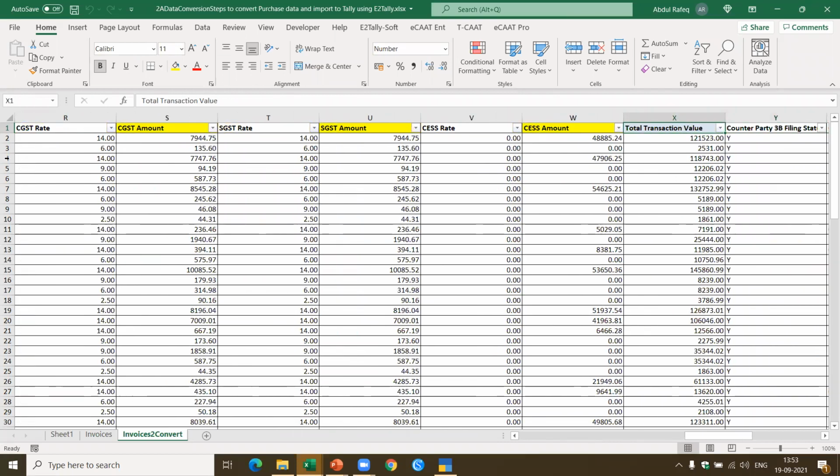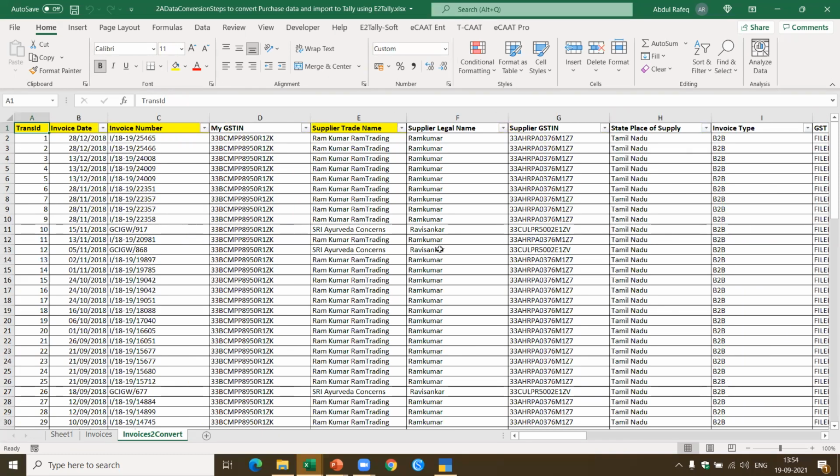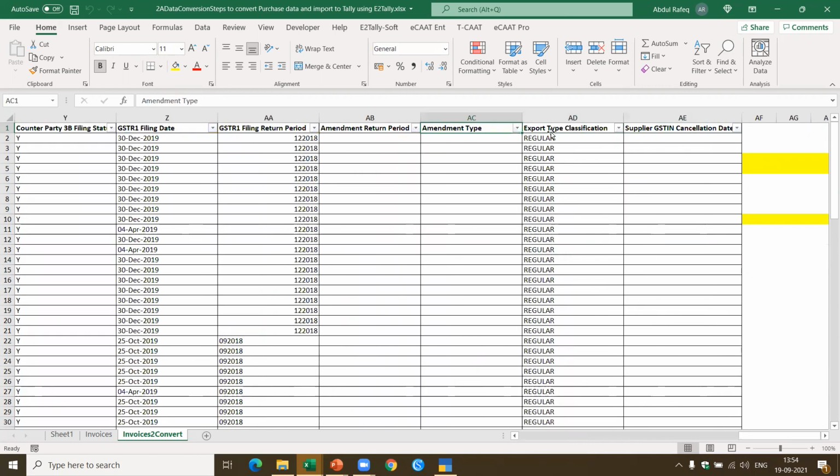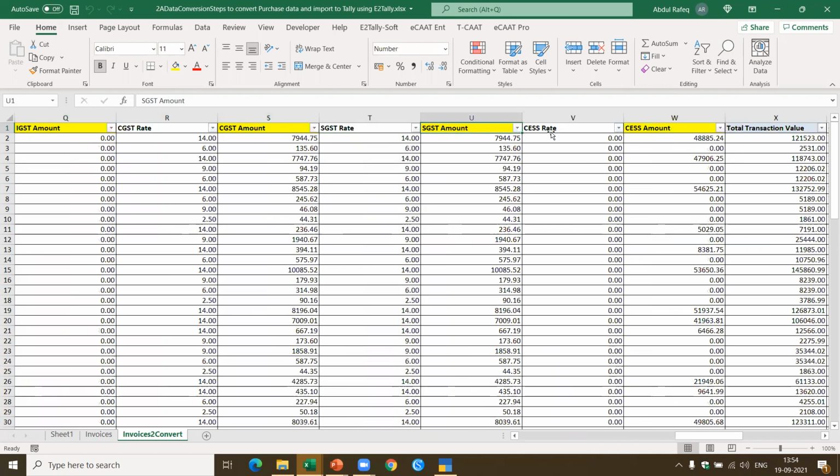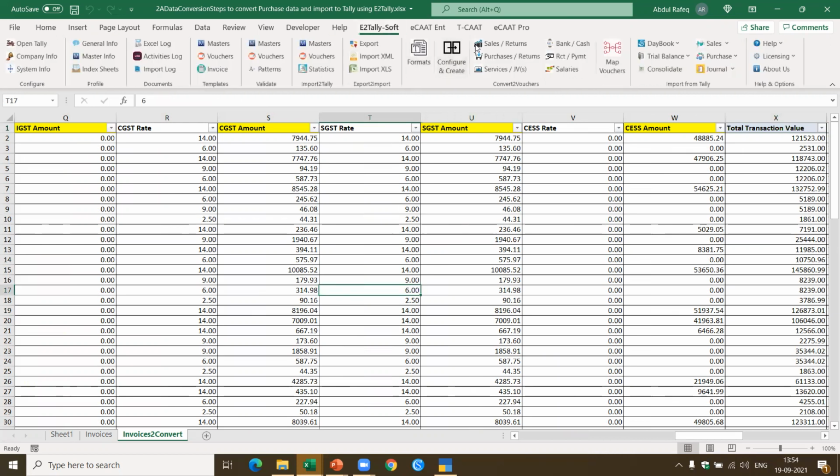Now, can you tell me which option I will use for conversion of this data? I can actually use the sales with additional ledgers, or I can also use the JV, because in this case I have got the debit and the credit, both available, then I can convert. Now here, if you see, I got the total amount of the invoice also available here. So using this, I can also use the JV option. I'm going to show it to you using the sales option. Now I come to the sales.